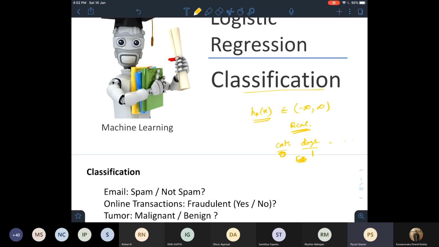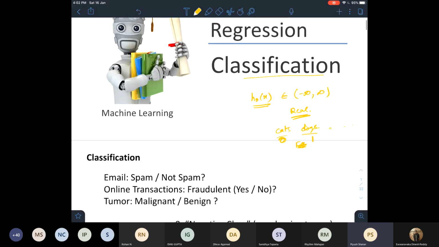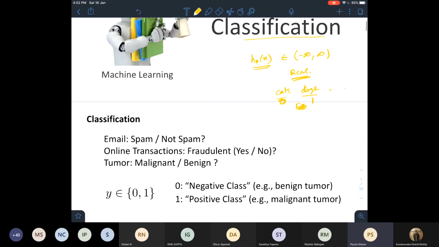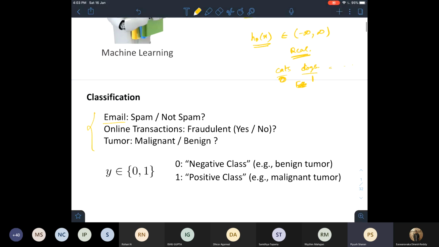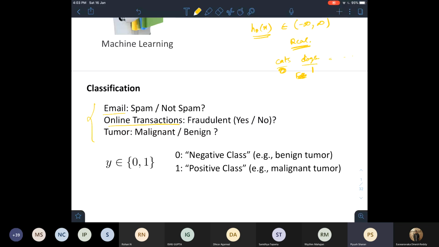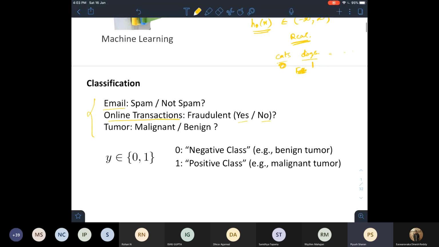The analogy is something like an analog function and a digital function. For instance, say I'm getting an email, I have to classify it as spam or not spam. Or say I'm doing an online transaction, then I have to classify it as fraudulent or not fraudulent. So for now, we'll only discuss classification of two things.